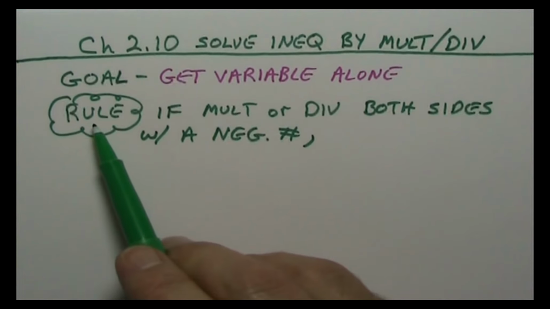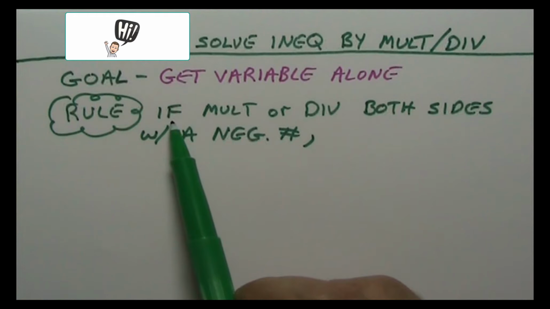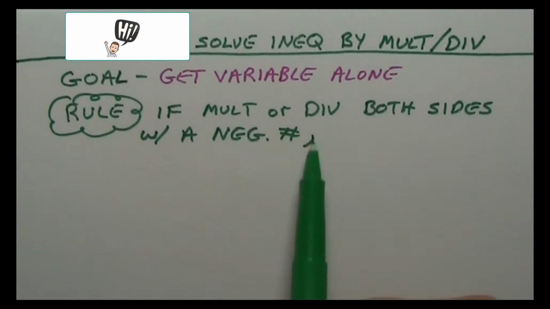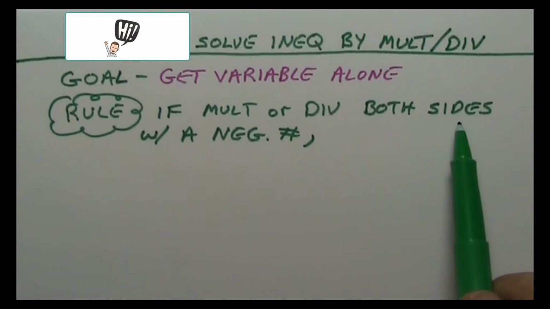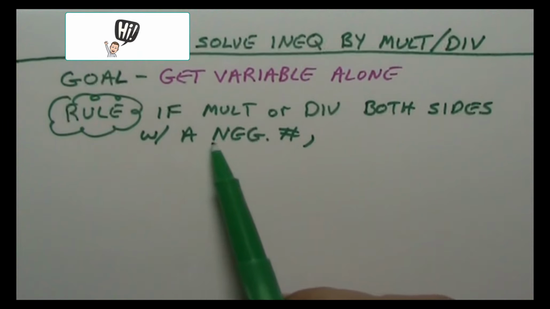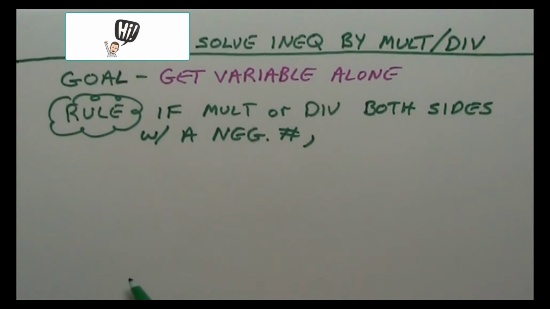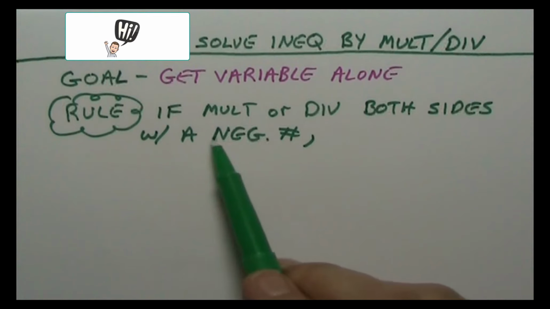Okay, so let's write this rule down so that we have it for future reference. If you multiply or divide both sides, multiply or divide both sides with a negative number. If you multiply or divide both sides with a negative number,